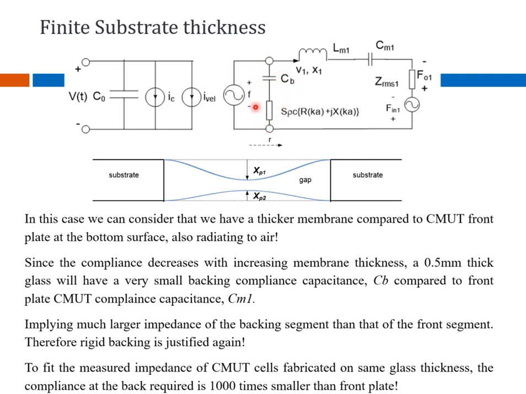So if you have very large backing impedance, then this front branch can be treated as like an open circuit maybe, but that has to be explained with the impedance measurements and how the circuit impedance with the substrate impedance can fit those measurements. That's going to explain. So to fit the measured impedance of CMUT cells fabricated on the same glass thickness, the compliance at the backing is required to be 1000 times smaller than the front plate, because the glass is less compliant. It's a harder spring compared to the silicon. Okay, silicon is much more flexible and has a smaller thickness, so it can easily be moved by the acoustic pressures,